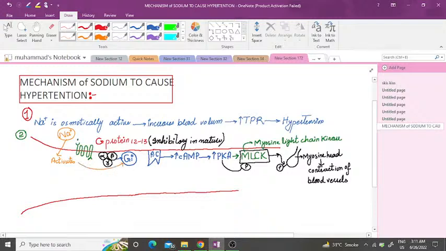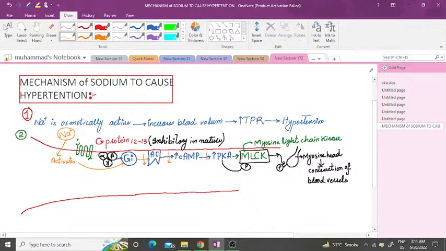When this Gi protein is activated, the activity of adenylyl cyclase will be decreased, because we know G protein 12 to 13 is inhibitory in nature. Adenylyl cyclase activity will be decreased, so cyclic AMP level will be decreased,